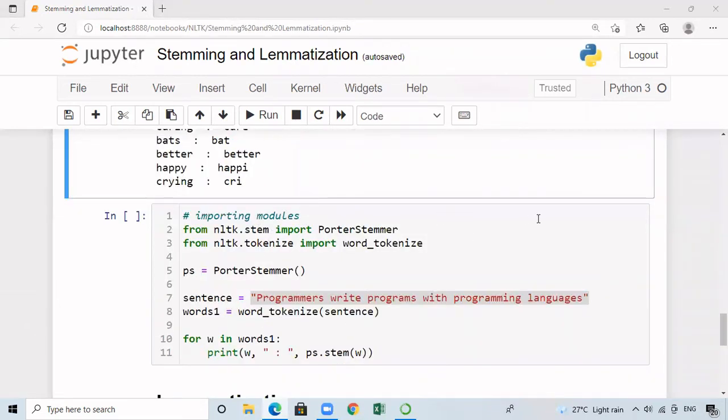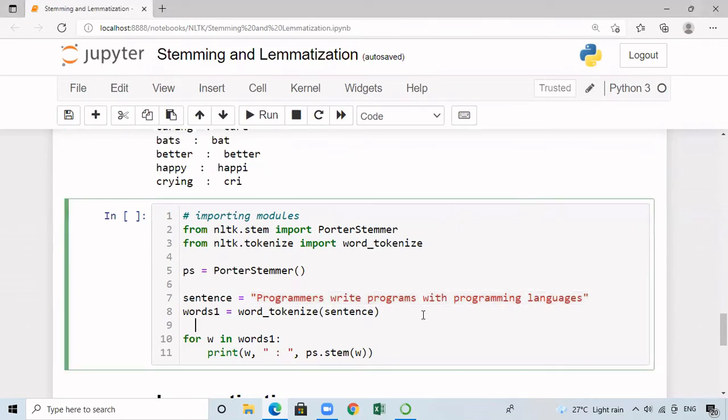Here we have applied stemming for a list of words. Now let's see how to apply stemming for a text. We will take a sentence and apply stemming to it. If you consider a sentence that has many words, before applying stemming, we need to convert it into words. For that, we are going to use tokenization. In the last video, we have seen about tokenization. Now let's apply that. First, from nltk.tokenize, I'm going to import word_tokenize. The given sentence is stored in the variable called sentence. Then I'm calling the function word_tokenize by passing this sentence as the argument. I'm going to split the sentence into different words, and that will be stored in the list called words1.